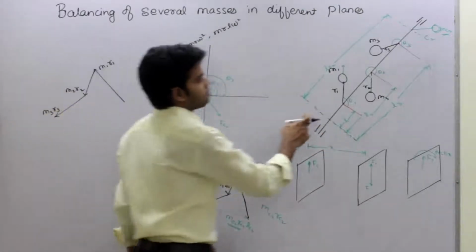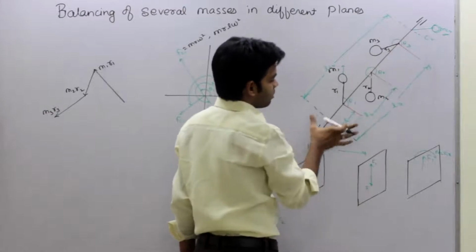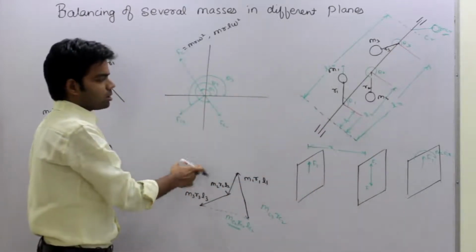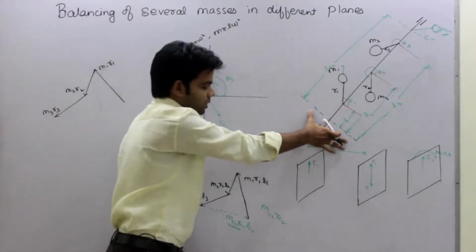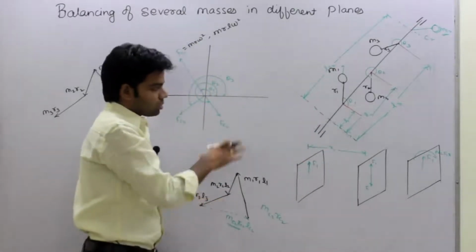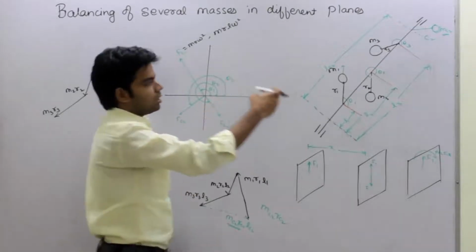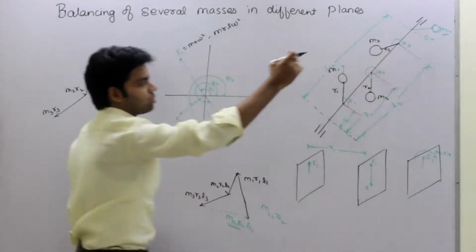ओके, तो एक मास यहाँ हमने पुट किया, one mass we have to put it here. Previously it was a couple polygon, तो इसलिए इसका इफेक्ट क्योंकि हमने इसके रेफरेंस में ही लिया था तो इस मास का इफेक्ट इसमें नहीं दिखा. ओके, so इसीलिए दो रेफरेंस प्लेन ली गई है ताकि हम यहाँ से mc2 और rc2 हम निकाल सके.